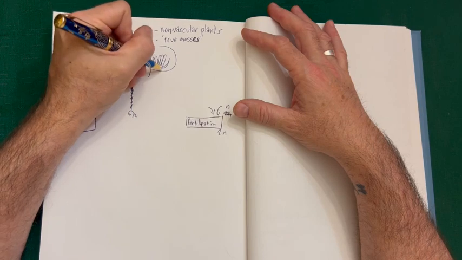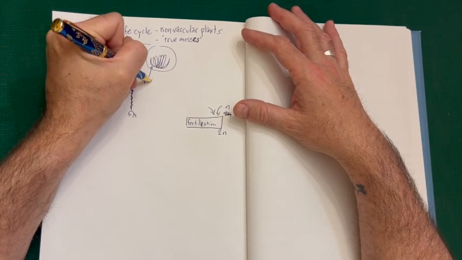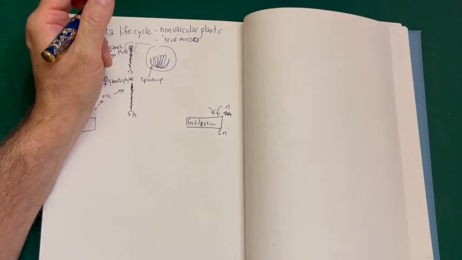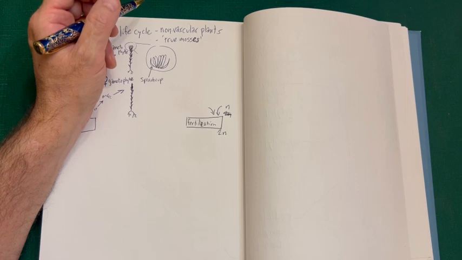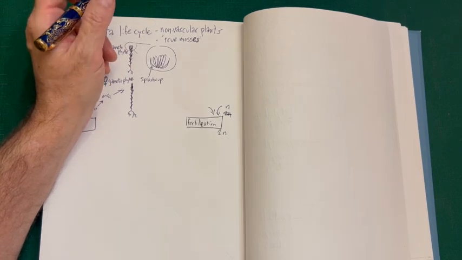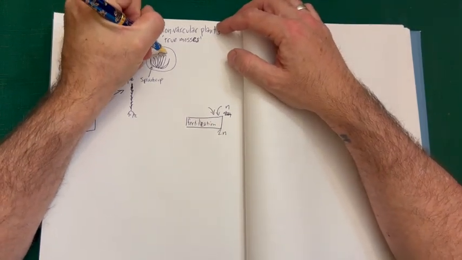The U-shaped thing is a structure called a splash cup that not all mosses have in their male gametophytes, but often they do. And that splash cup is there to kind of hold water because the sausagey things that are inside there,